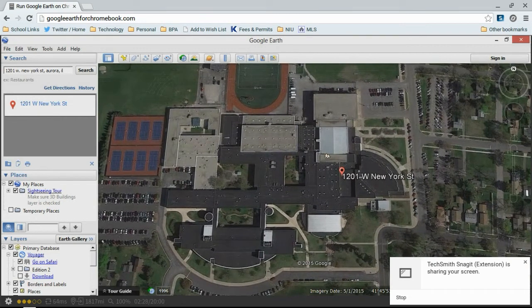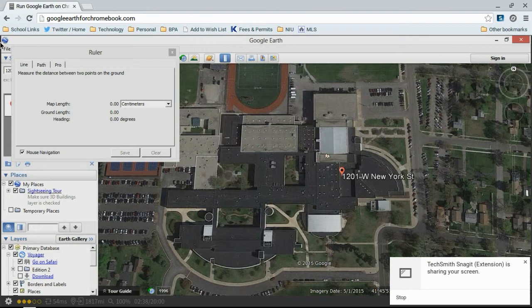For our purposes of this video, we're really taking a look at the application of using Google Earth within a math classroom. So you've got some tools up here. The ruler, if I click on the ruler, gives me a box here, and I can measure the length and width of the school in centimeters, meters, kilometers, inches, feet. We're going to do feet, just curiously. To see from one end to the other of the school, I click, and then I click again at the end of where I want to measure. And it tells me from one end to the other, our school is